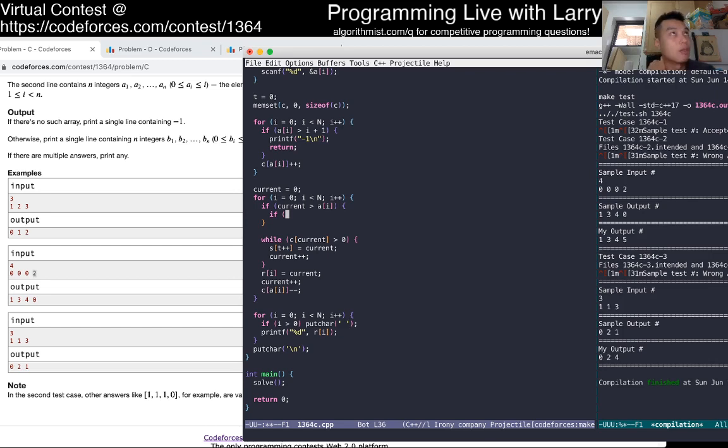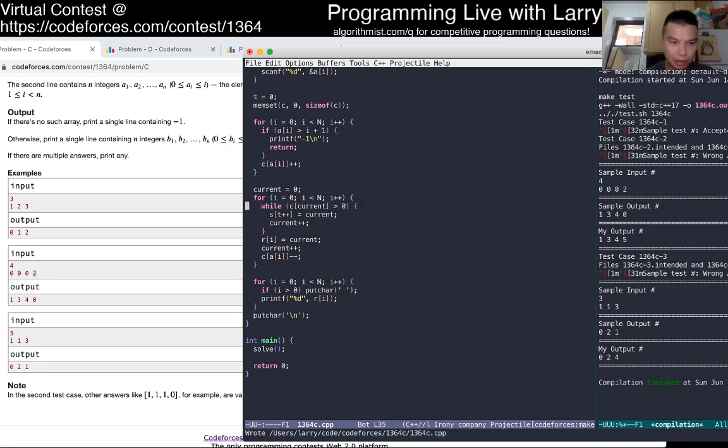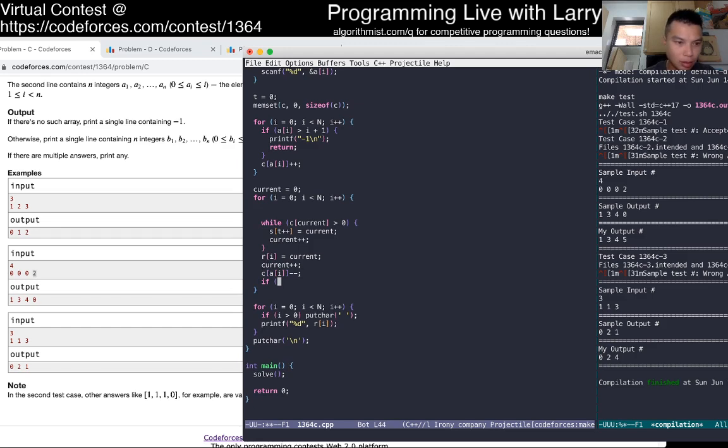Okay, I don't think the stack is the right property. I think what I need is a hash table of sorts. Basically, if this is correct, we put it into consideration. Okay, I think now I get it. I think now if this is equal to 0, then let's just point out something. Freeing up.